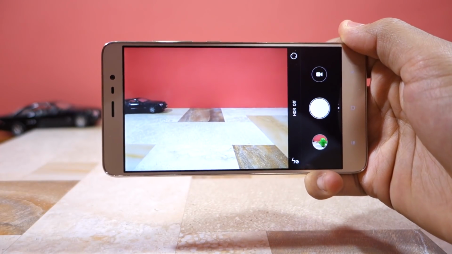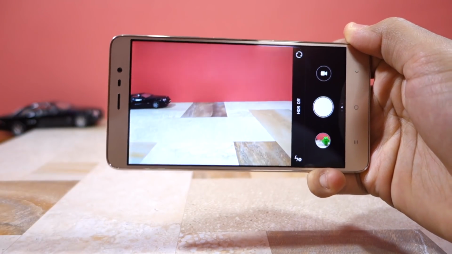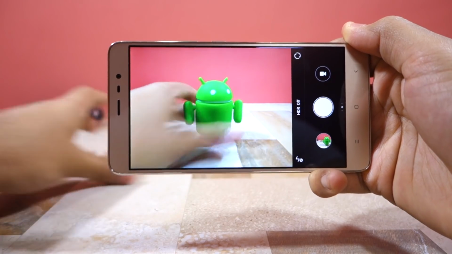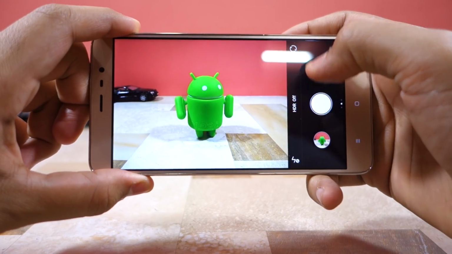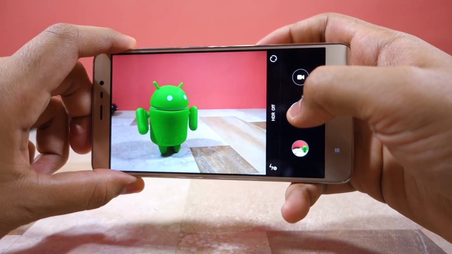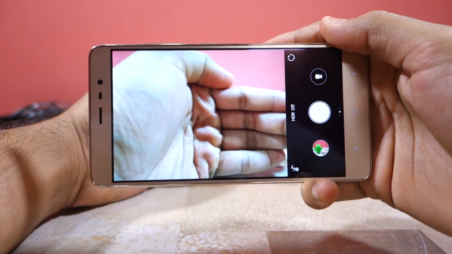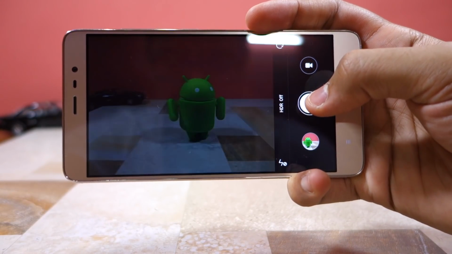The autofocus performance of the Redmi Note 3 is decent when there's plenty of light available, but in low light, it is one of the weakest points of the phone's camera. Xiaomi has improved this aspect tremendously with software updates over the last few months, but there's still a lot left to be desired. In low light, the camera tends to take a long time to focus on subjects and keeps